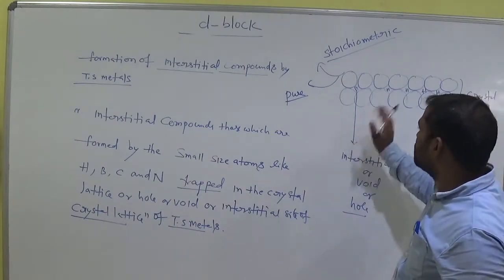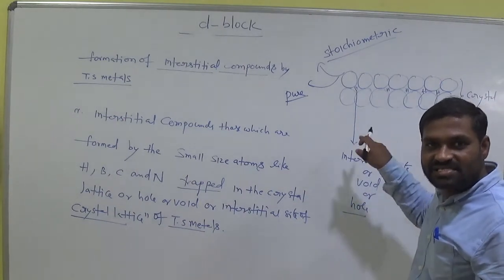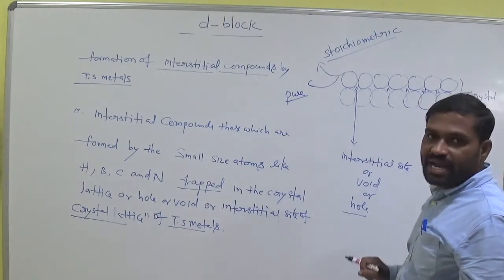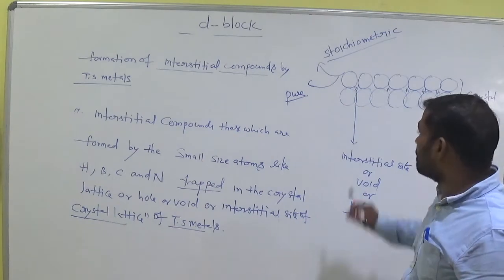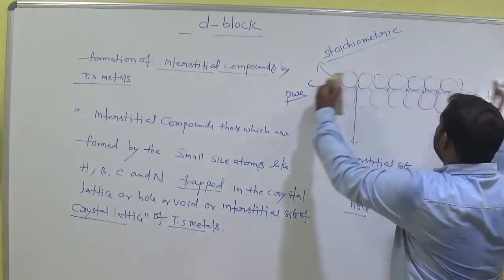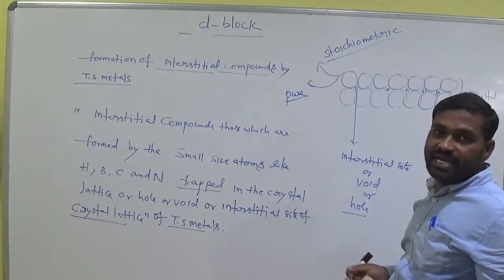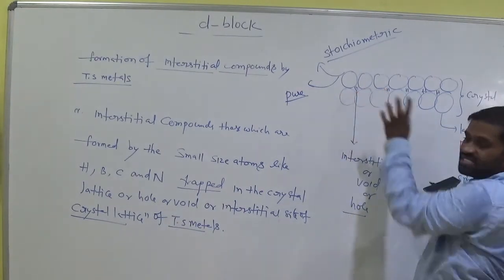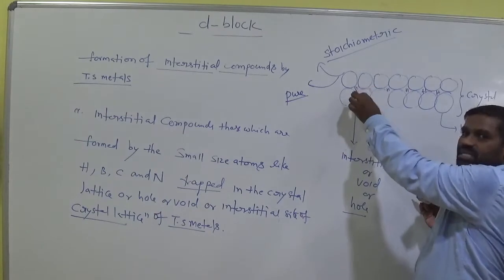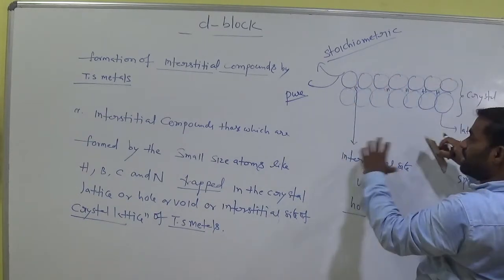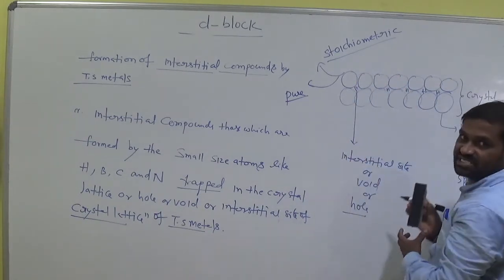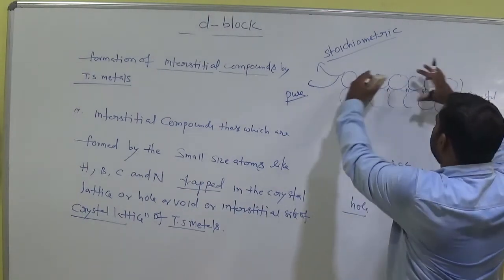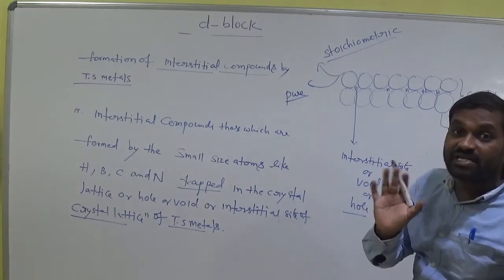Now it is not pure titanium. Why? Because it has some hydrogen. It is not pure. There is some disturbance by adding hydrogen. By adding hydrogen, it expands, because the gaps are filled. When we insert hydrogen here, what happens? The structure undergoes some expansion. So now it is not stoichiometric.